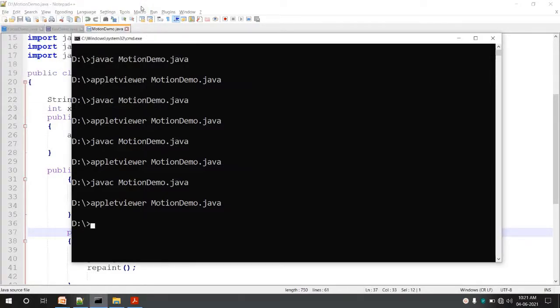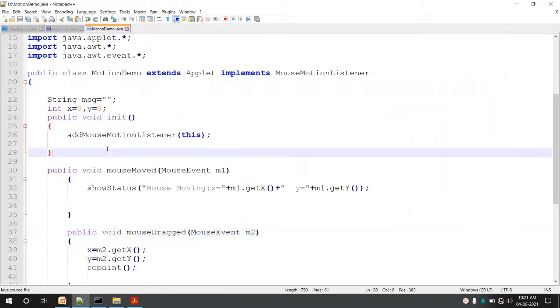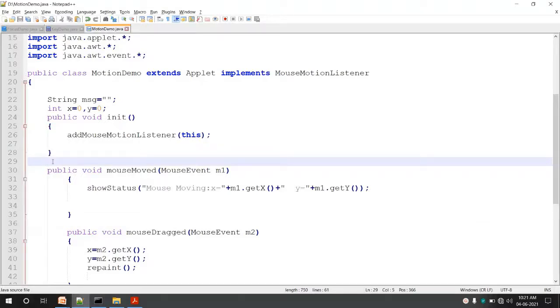So there are no changes in the execution, but you can change your code. No need to create a separate listener class. You can make your main class itself a listener by implementing a particular listener interface. But it is suggested to have a separate listener class, because that separates your main GUI code from the handler code.